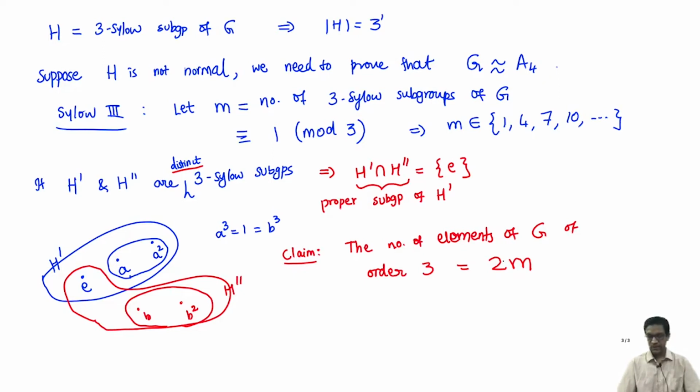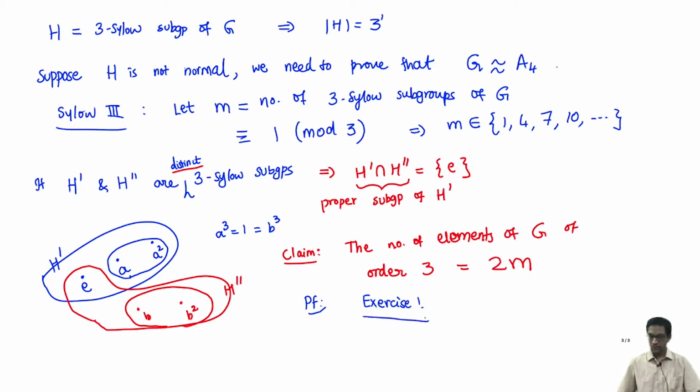But on the other hand, if I have an element of order 3, then it generates a cyclic group of order 3, which is automatically a 3 Sylow subgroup. So any element of order 3 necessarily belongs to some 3 Sylow subgroup. I have described the argument orally, but I'd like you to try and formulate this into a rigorous sequence of steps. So, proof exercise.